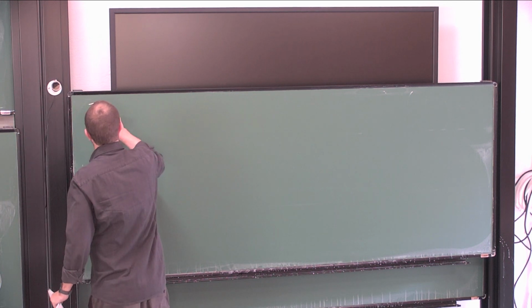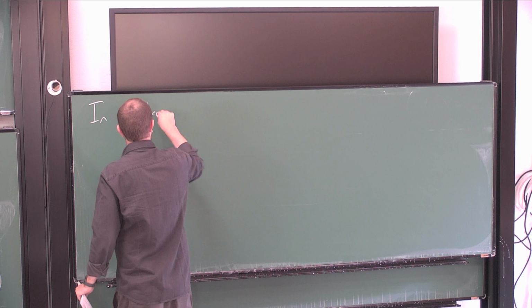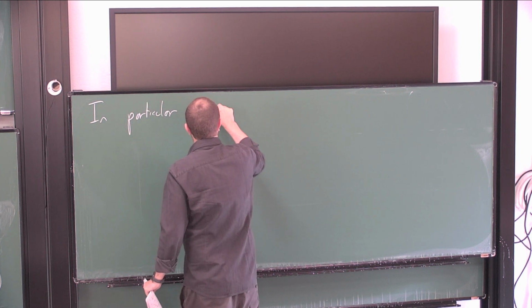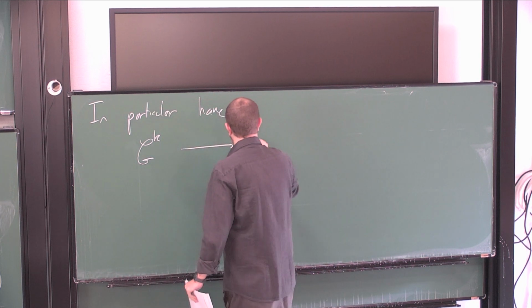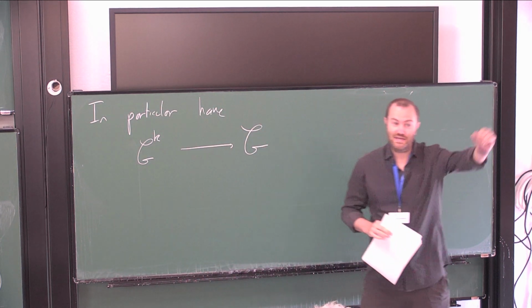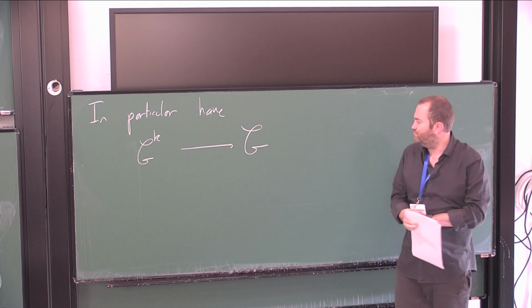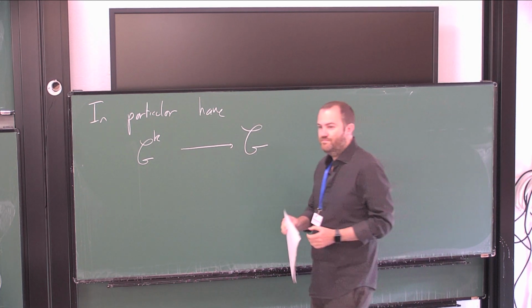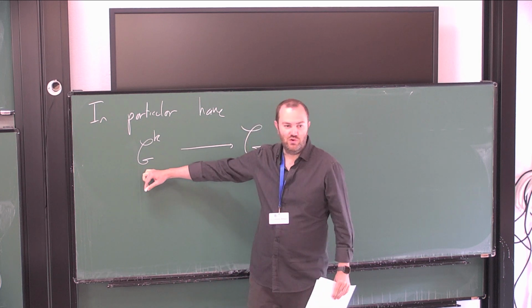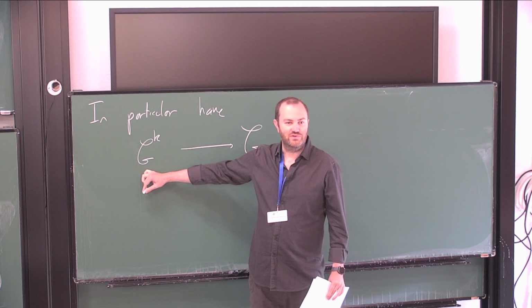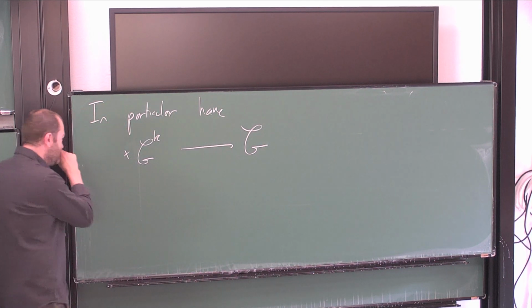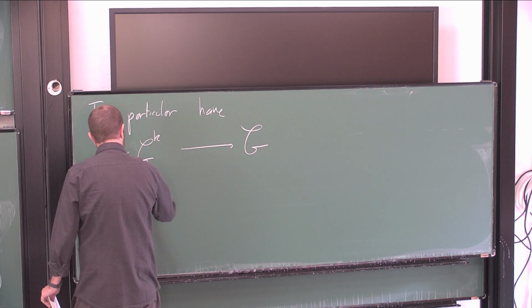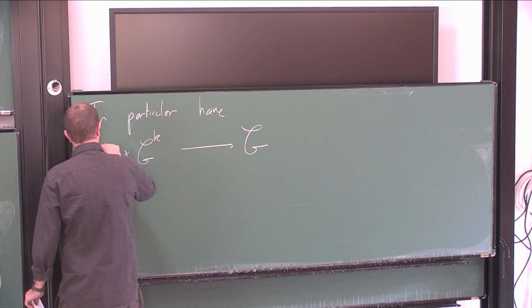Here's one thing you can do with it. In particular, I can think about making a k-fold sum. It gives me a map from the Cartesian product of k copies of the groupoid to the groupoid, just by adding everything up. But the result I get somehow doesn't depend on the order of the inputs. That's what it means to be symmetric monoidal and not just monoidal. And one way to express that is that it extends to a functor from what you might call